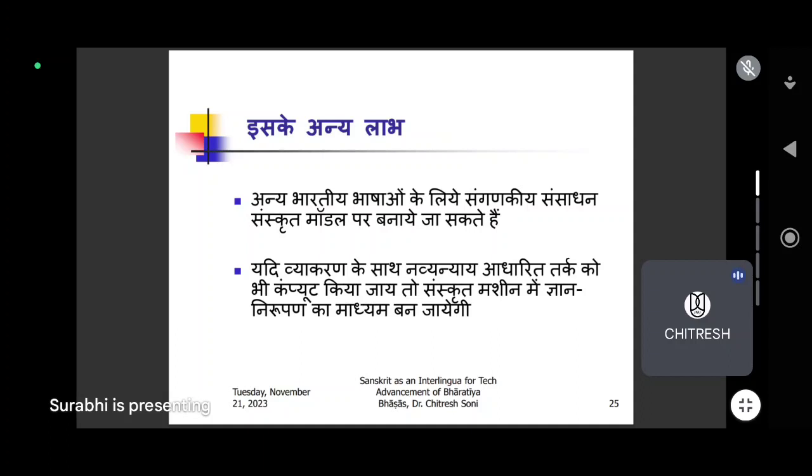अन्य भारतीय भाषाओं के लिए संगणकीय संसाधन संस्कृत के मॉडल पर बनाए जा सकते हैं और व्याकरण के साथ। ग्रामेटिकल कंपोनेंट की हमने बात की, जिसमें आप शुरू करते हैं फोनेटिक्स से, फिर मॉर्फोलॉजी, फिर सिंटैक्स, वाक्य का सिंटैक्स, और फिर सेमेंटिक्स। सेमेंटिक्स का जो रोल होता है, वहाँ नव्य न्याय आधारित तर्क को भी कंप्यूट किया जाए, न्याय और वैशेषिक सेमेंटिक कंपोनेंट को कोड करने में उपयोगी हो सकते हैं। जो फोनेटिक पार्ट है, मॉर्फोलॉजिकल पार्ट है और सिंटैक्टिक पार्ट है,